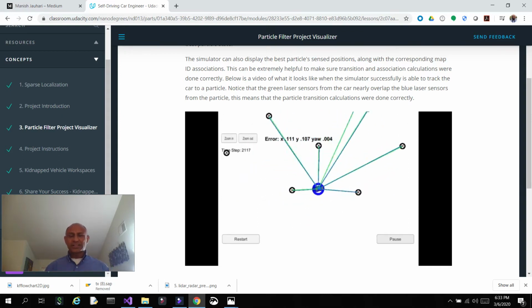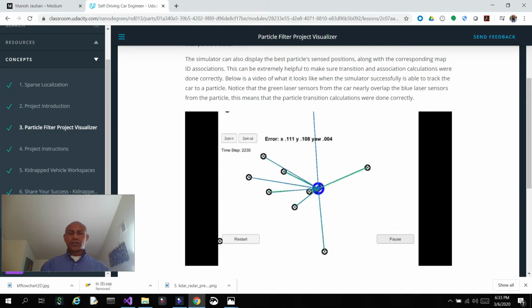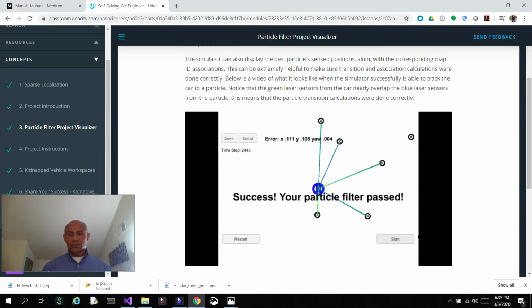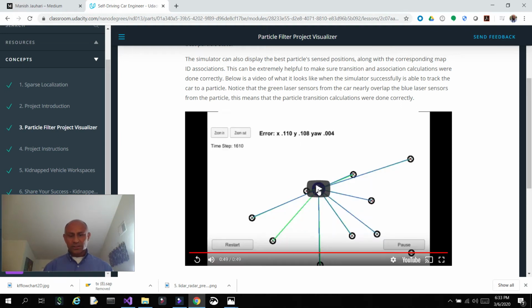Since these lines are pretty much overlapping, this particle filter is working well. The car is localizing to a high degree of accuracy. You can see that from the error rate also: x, y, and yaw. XY are the coordinates, and yaw is the heading, the direction angle of the car. That error is between the location of the car and our best particle. So having said that,